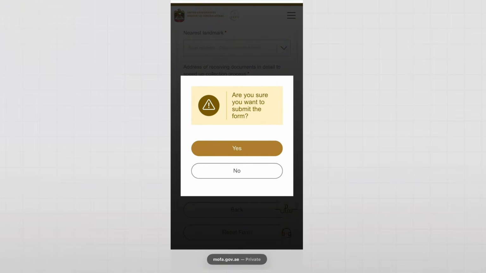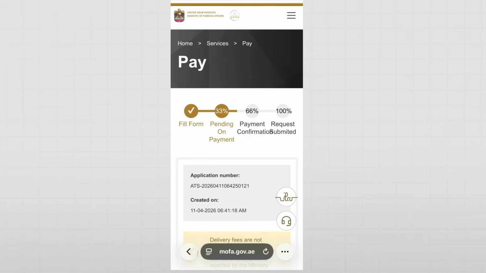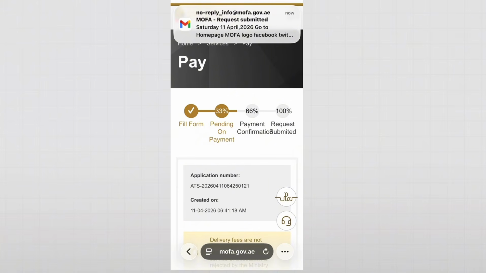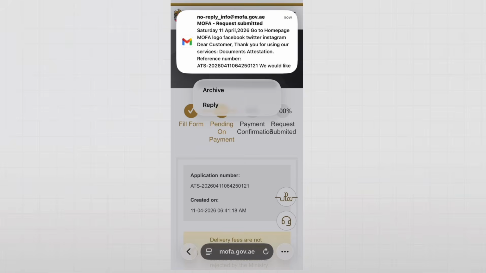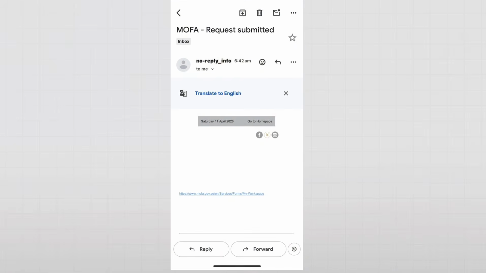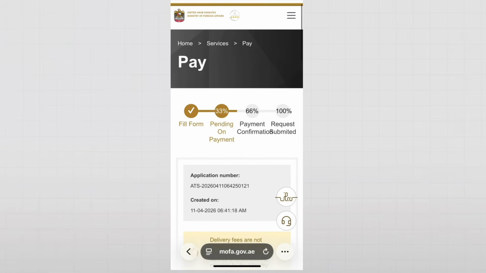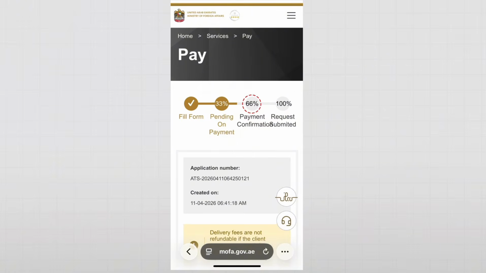This message will pop up on your screen asking you whether you are sure you want to submit this form. Simply tap on yes. Immediately you'll receive a confirmation email, and as you can see on the screen, your reference number for this application will also be revealed. Now that our form has been filled and submitted, let us move on to the next step, which is the